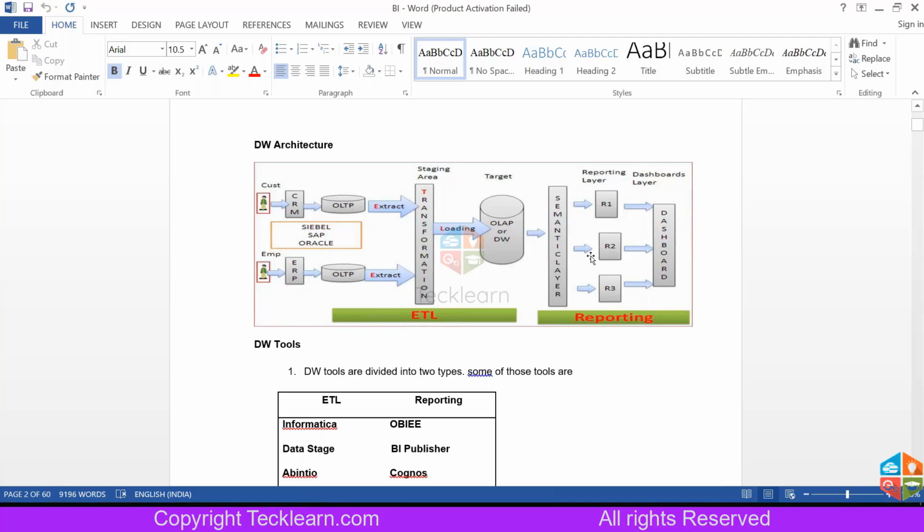And in OBIEE, SAP BO, MSBI, a few of the tools, there is an extra thing other than the front-end reporting called the semantic layer. Basically, what is OBIEE? In the end, when you see some pictorial representation or some graphs, some tables of data, that is the thing which the business wants. Normally, any reporting tool will have that front-end UI which displays the data in a more meaningful way. That is the dashboards or the reports.